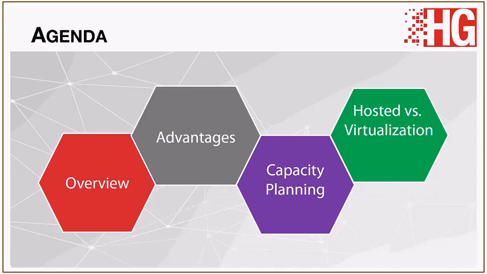We're going to give you a quick overview of virtualization, give you a few of the key terms that are used on a regular basis, then talk about the advantages, and give you a little bit on capacity planning. Capacity planning becomes more of an issue when you start doing shared resources, so it's something that everybody needs to be aware of. And finally, we will talk about the difference between a hosted environment like Amazon or Azure versus doing on-premise virtualization. So that'll be the last topic that we go through.